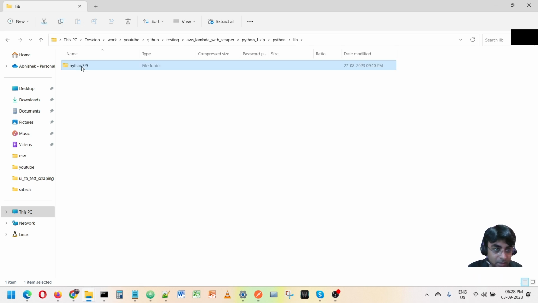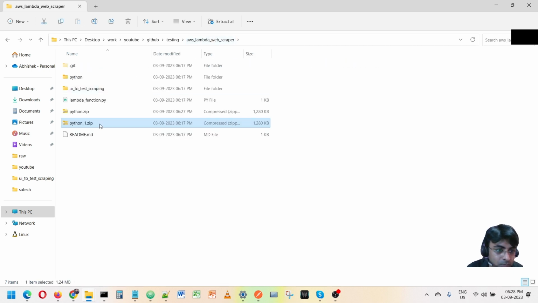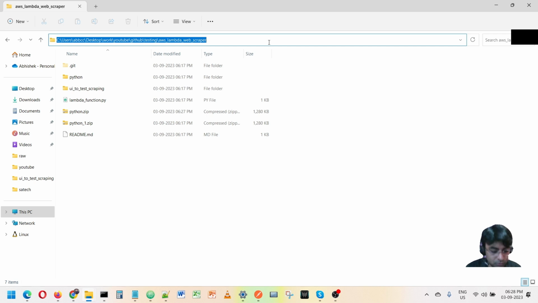Again, I'm telling it many times, because I also do some silly mistakes, maybe for site-packages I write site-package, that's it, and it would not work. Okay, so now coming to the main point, these two folders are the same. You can use my python.zip as it is, but I have created a new one to show you